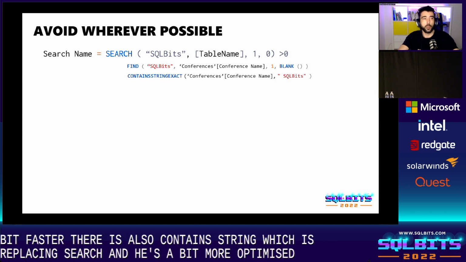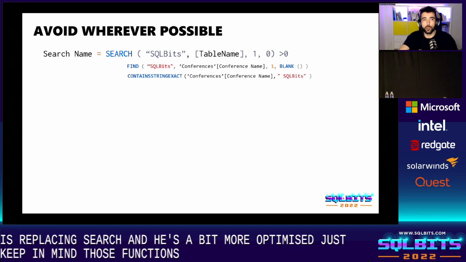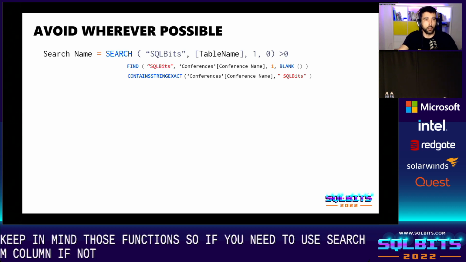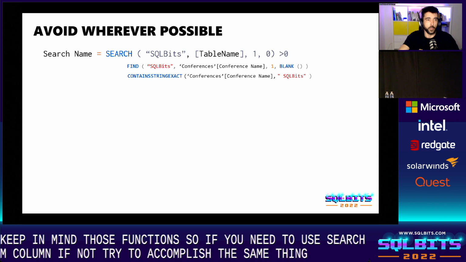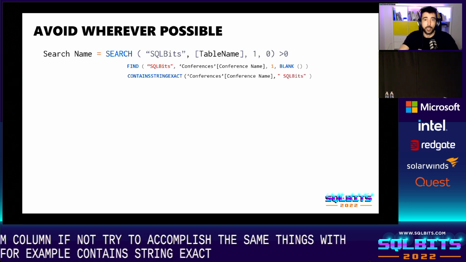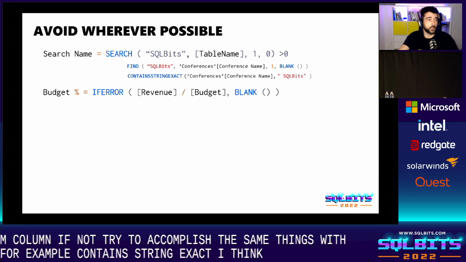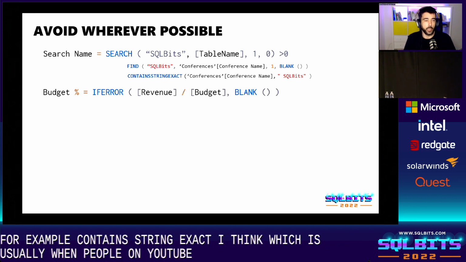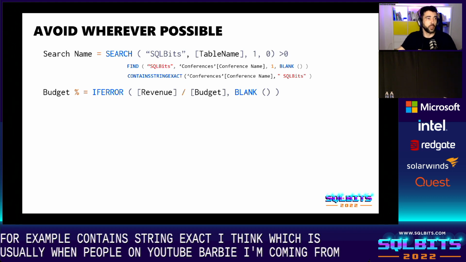But just keep in mind those functions. So if you need to use search, create a column. If not, try to accomplish the same things with, for example, contain string exact. The other thing, which is usually when people are new to Power BI and coming from enormous Excel experience, and